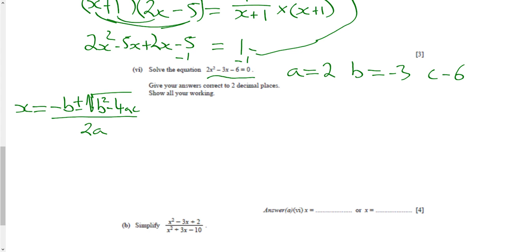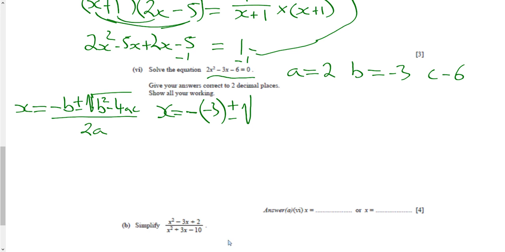So I'm just going to substitute these values into the quadratic equation here. Now this is the part where you have to be very careful. All right. So we'll say that x is equal to minus b. So our sign, so minus. Now b is minus 3. Okay, so that's minus 3 plus or minus